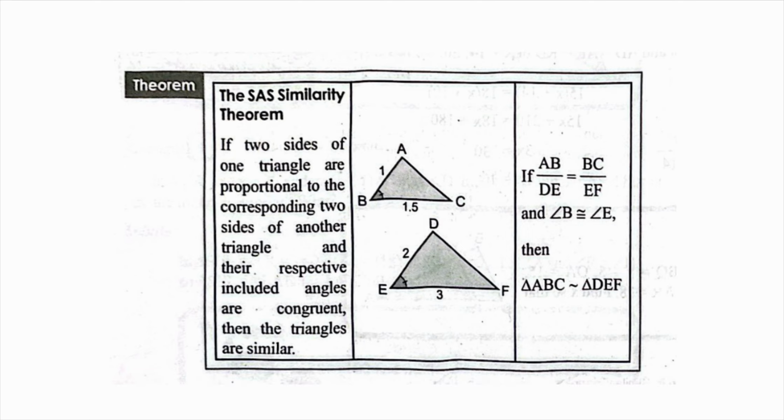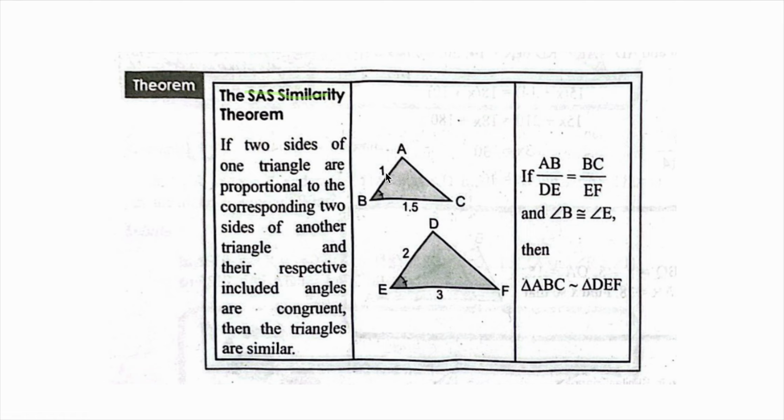Our topic here. So we have another theorem that I'm going to share with you. This theorem is the SAS similarity theorem, which states that if two sides of one triangle are proportional to the corresponding two sides of another triangle, and their respective included angles are congruent, then the triangles are